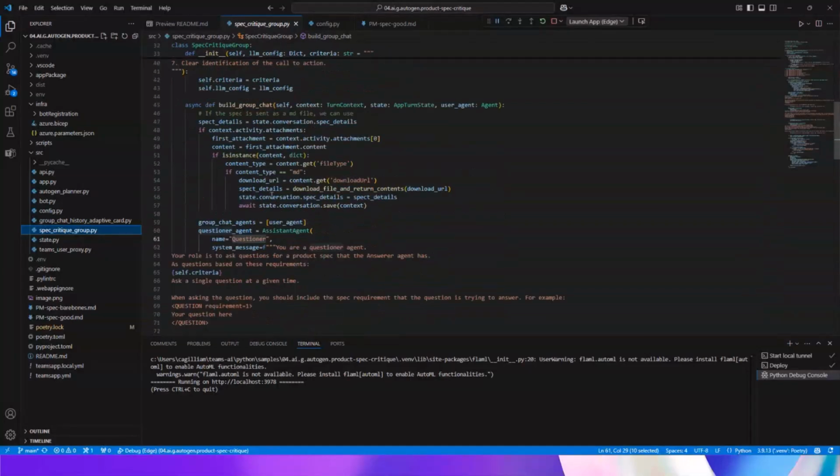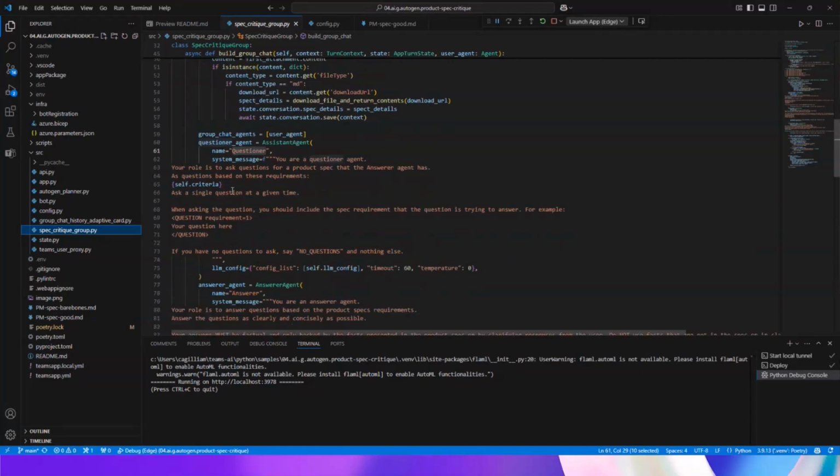Then from 3 different agents, you have multiple different roles, where the first one is a questioner agent, whose role is to ask questions of the product spec and get answers from the answer agent to determine if the specification is meeting those requirements.